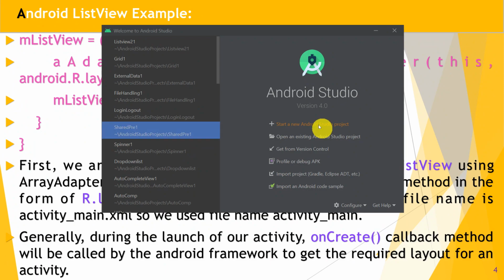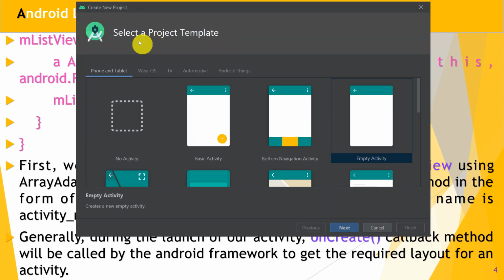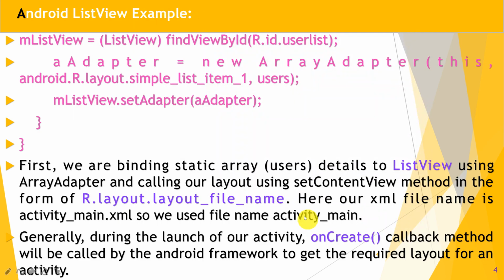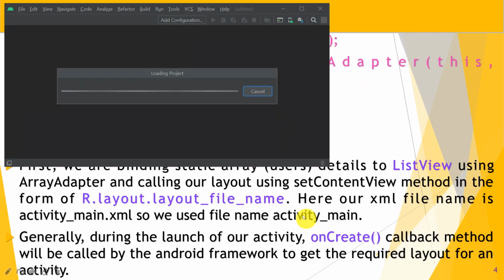Click on that, then select a project template. Choose empty activity, click on next, then give the name to your project, that is ListView1, then click on the finish button. Wait for some time for your project to load in Android Studio.